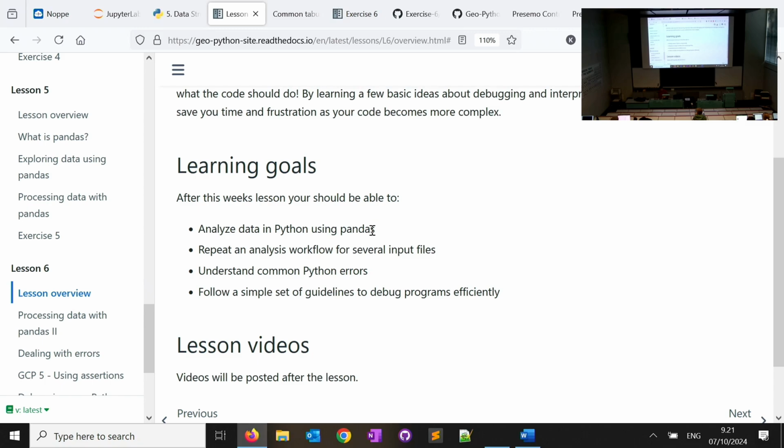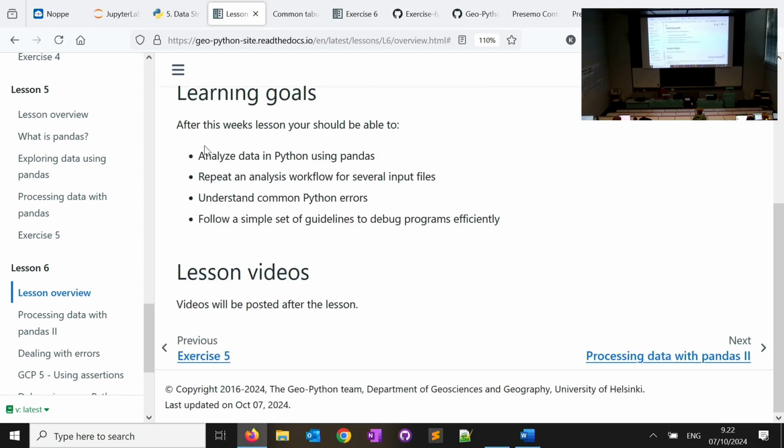and then after that we have a small section talking about errors. You have seen them already a lot during your work, I'm sure. So we will take a closer look into how to interpret the errors when you're running a script, and what steps you need to take in order to debug your code and make it work as it should. So those are the overall objectives for today.